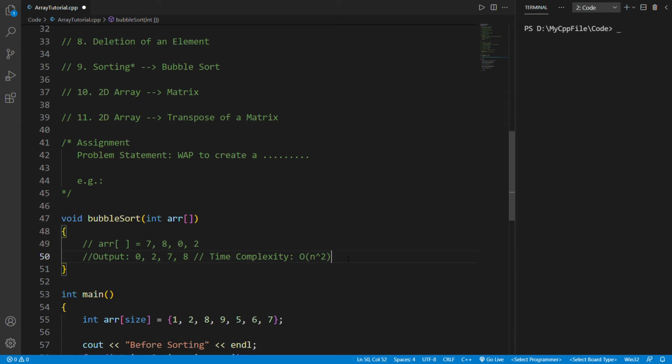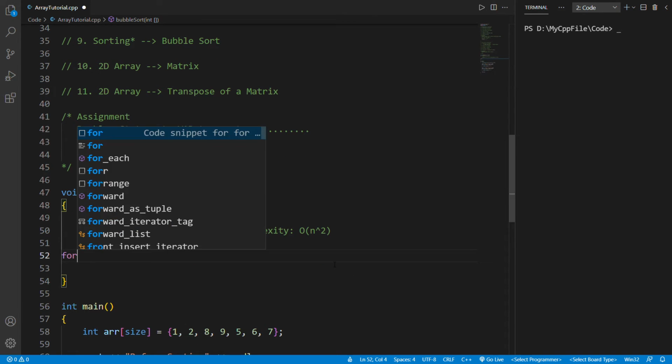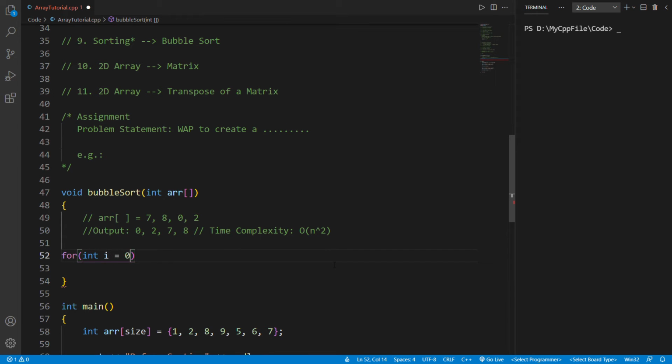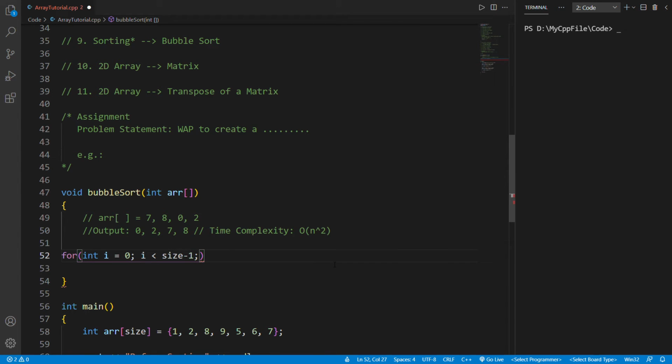Let's codify the bubble sort algorithm. Here I'll be needing a for loop with the iterator i, starting from 0 to i less than size minus 1. That means the index before the last element. Fine.